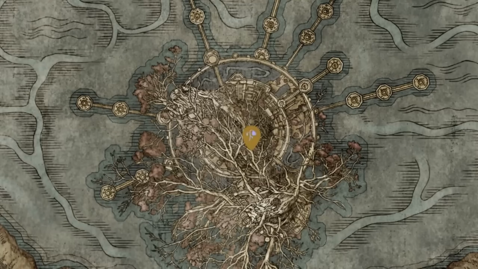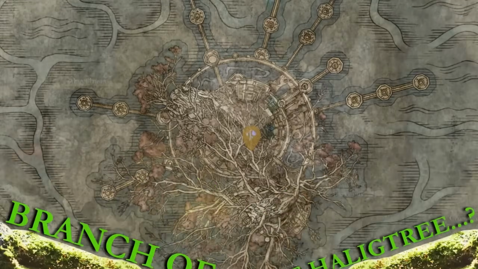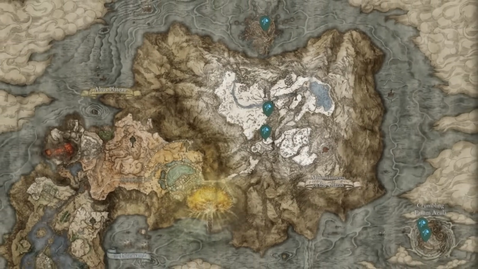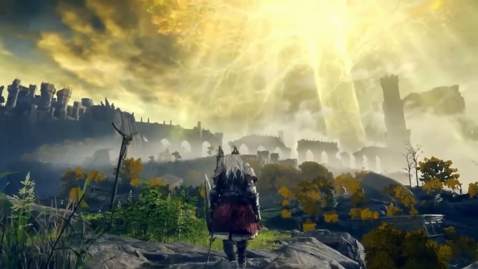And finally there is one just here in the centre of the second Lake of Rot in Elphael, Brace of the Haligtree. Just beware of the Ulcerated Tree Spirit waiting to burst out and kill you when you try and grab it. And then we'll wrap up this section with the